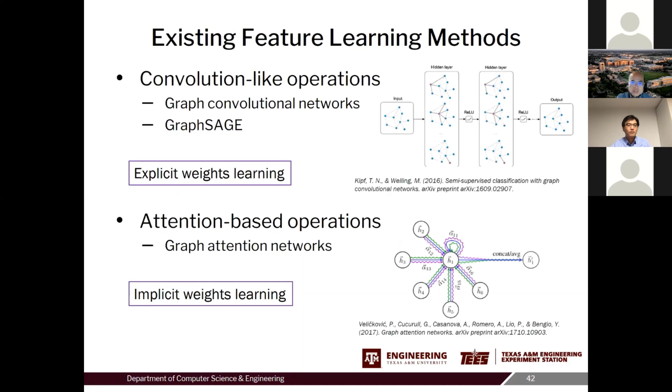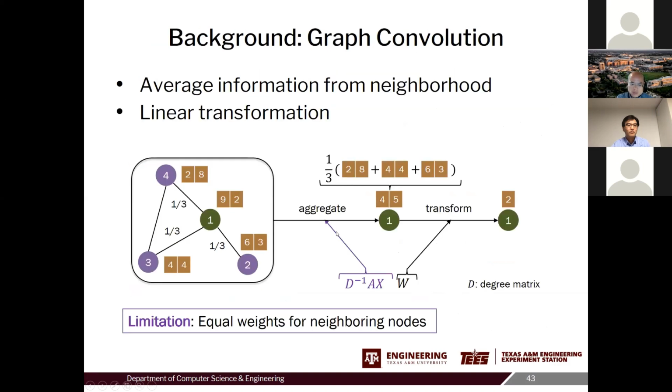So this can be achieved mainly in two different operations. First is, as we mentioned, the GCN, the graph convolutional network. The other one is the graph attention networks. We will talk about each of these in detail. So here you have a graph as input, and each node is associated with an attribute.